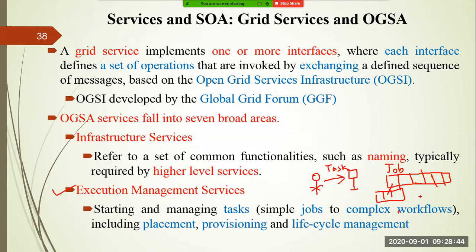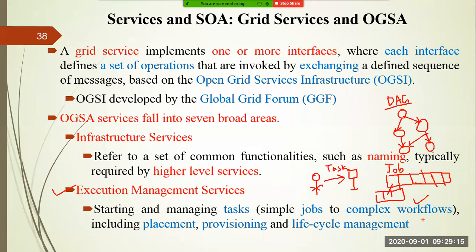So it may be a complex workflow also. What may happen in a complex workflow? A complex workflow looks like a directed acyclic graph, your DAG. In a directed acyclic graph, you know there is a root node and it is connected to other nodes. For example, the root node has two children. Again, one node has other children. Let's say this node also has another child, but it is dependent on this particular node. After this, this node is dependent on this particular node. So this is a directed acyclic graph.